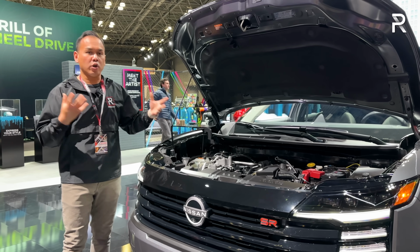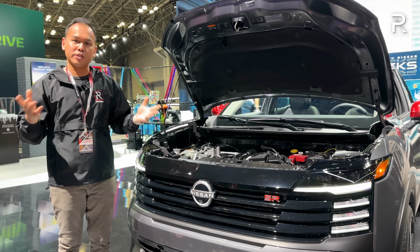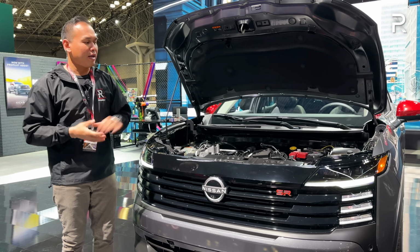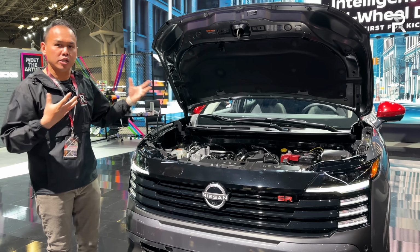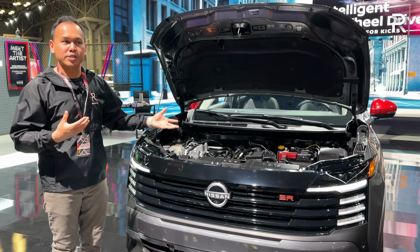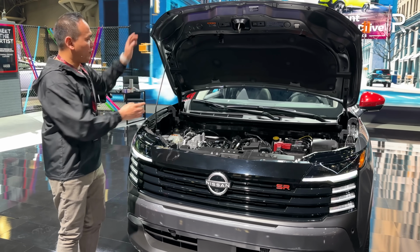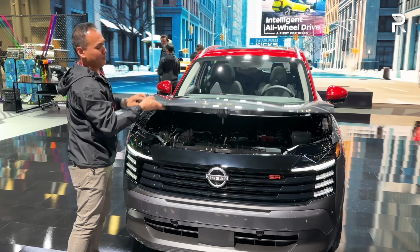Because this is still a very early showing of the vehicle, we don't know the fuel economy information yet or 0 to 60 information. However, Nissan did announce the curb weight of this vehicle. This model here, as it sits, weighs in at around 3,100 pounds. So the new Kicks is larger. It's going to be heavier, obviously. It's roughly around 300 to 400 pounds heavier versus the previous generation. But let's go ahead and close up the hood because I know you guys are really interested to see the